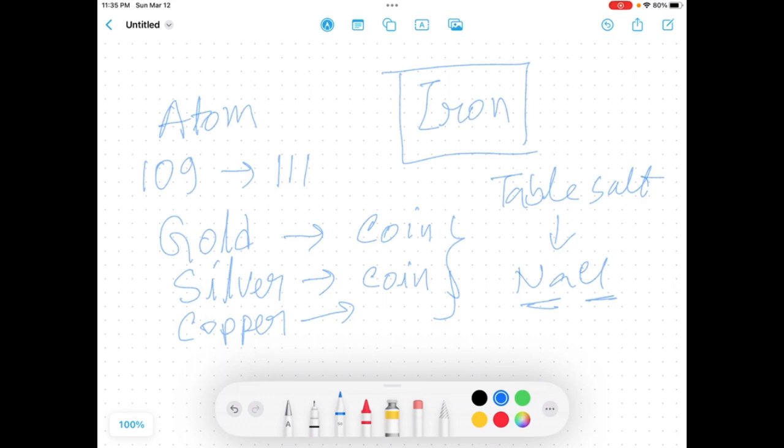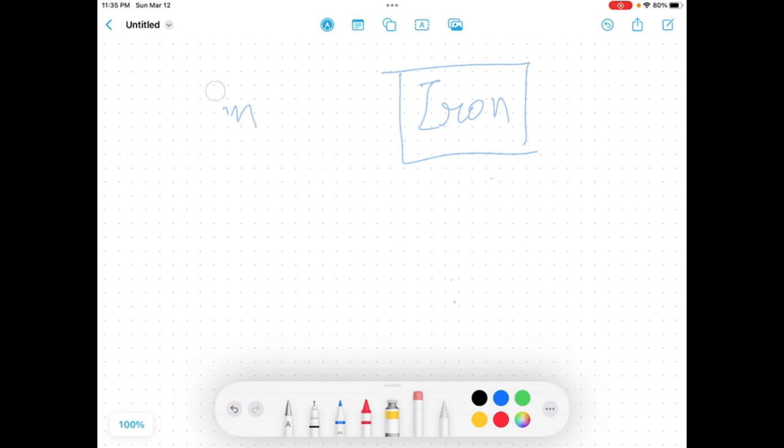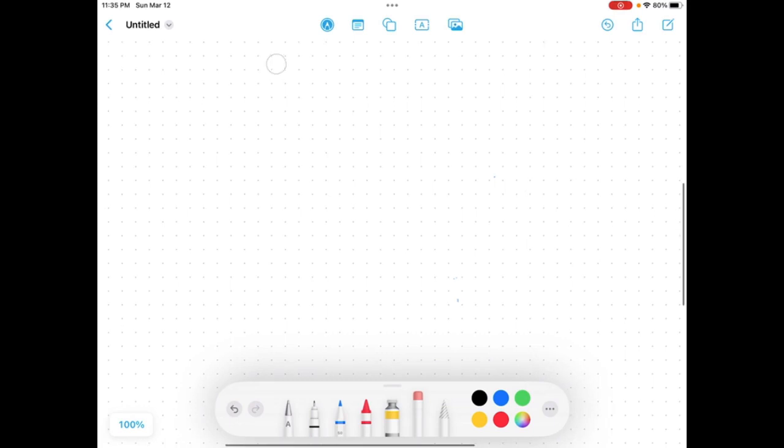105 atomic number. So let's talk about atomic number and other things, because those are very basic things to start physics or chemistry. So this class will be for the people who just want to start learning basic chemistry or physics. So any atom, if we take the first atom, so the first atom is